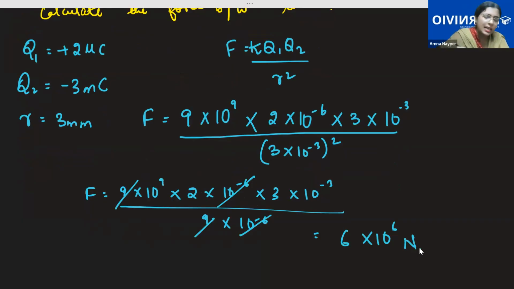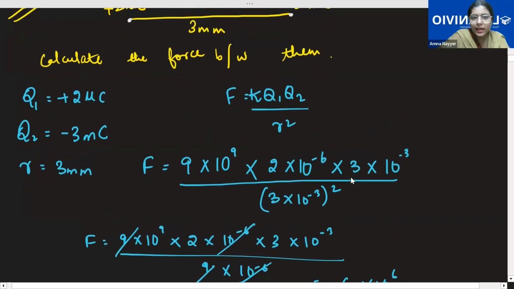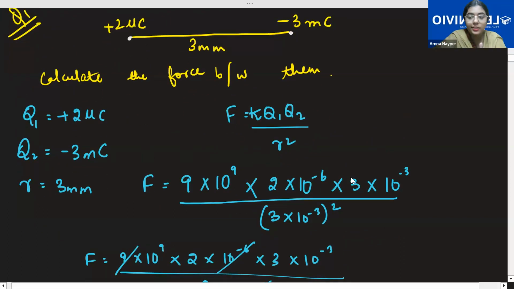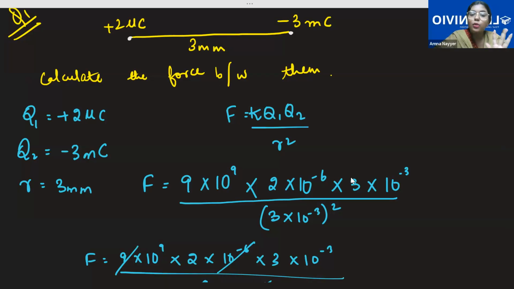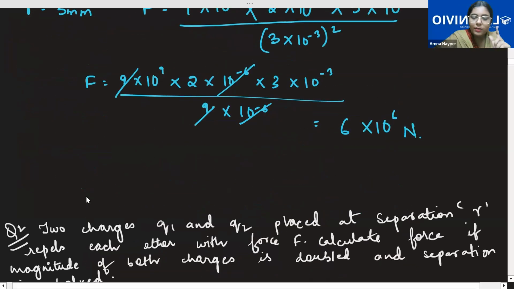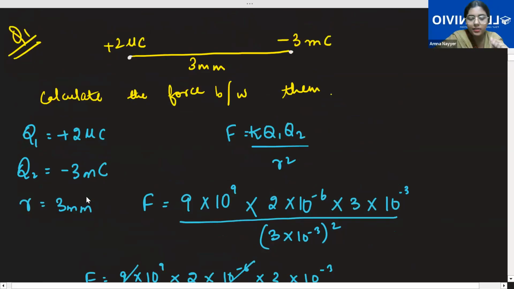That's it. Right now, you don't even have to write about their directions, because Coulomb's law just tells you the magnitude. It doesn't give you the direction, so you are also expected to write the magnitude. One thing should be remembered: you do not take the signs of the charges. You just take the magnitude, and then you convert these units into SI units. A very easy question it was, but one more question we'll discuss before moving on to the next concept.